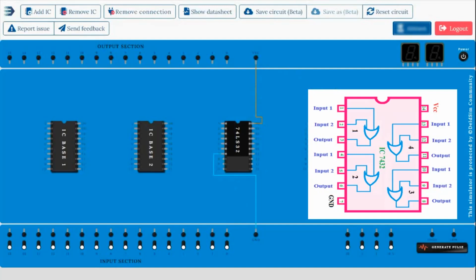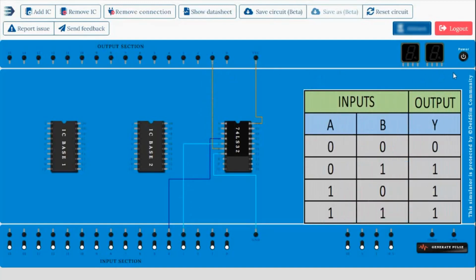Now following the pin configuration, I am taking 2 different inputs, one at pin number 4 and one at pin number 5. So the output must be taken from pin number 6. Now the circuit is completed and we have to verify the truth table. So power on the circuit.